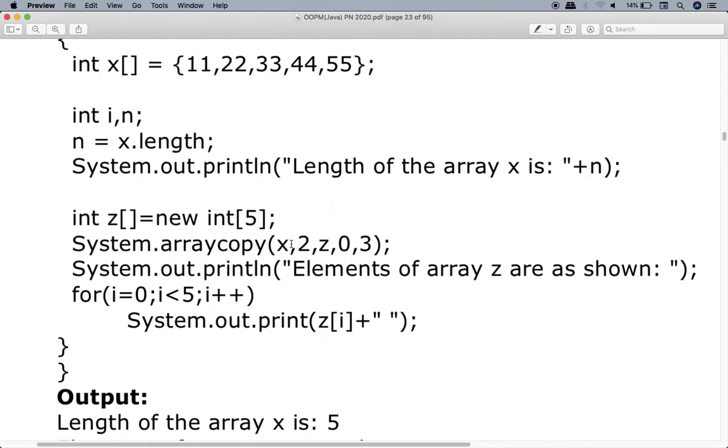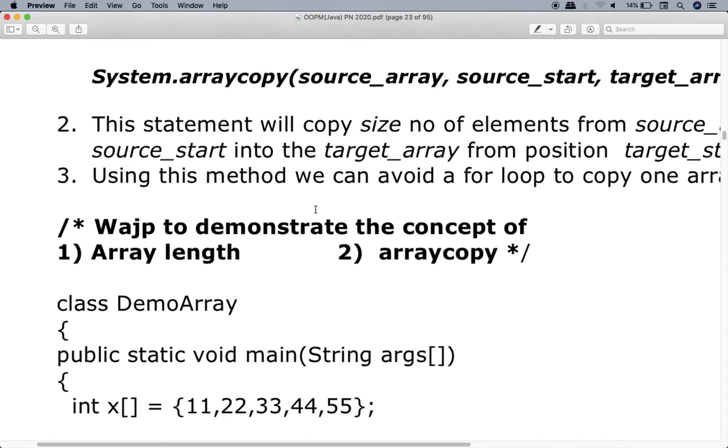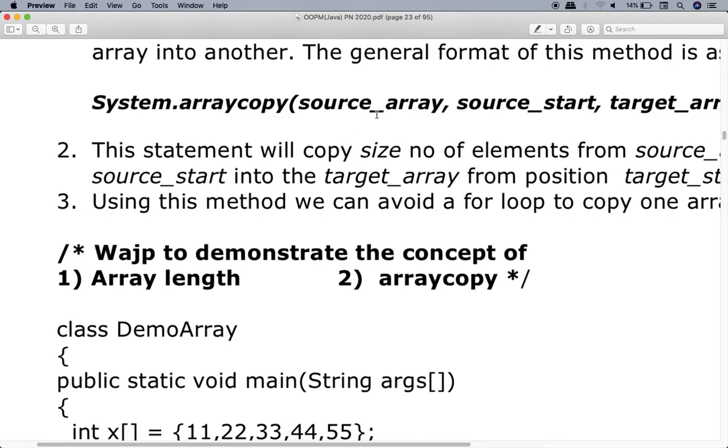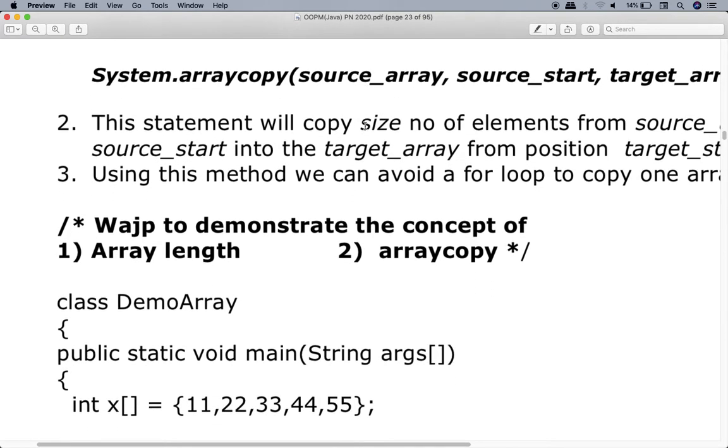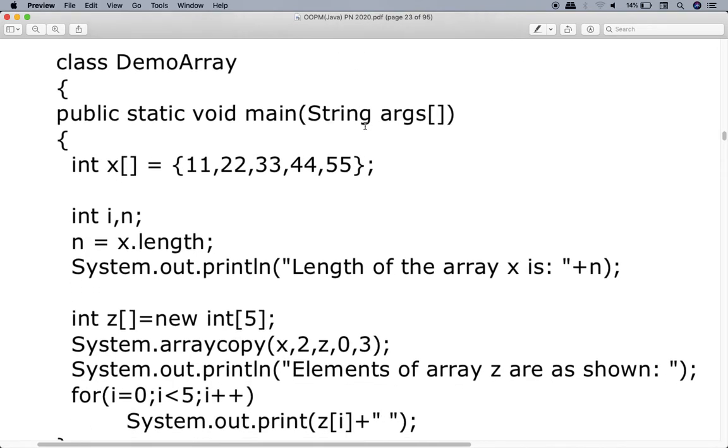So now this arraycopy will take 5 parameters and will do its work of array copying. Now how exactly will it work? So be attentive. I have given the description of arraycopy over here, but let's not read the description now. Let's directly understand how things will work over here.